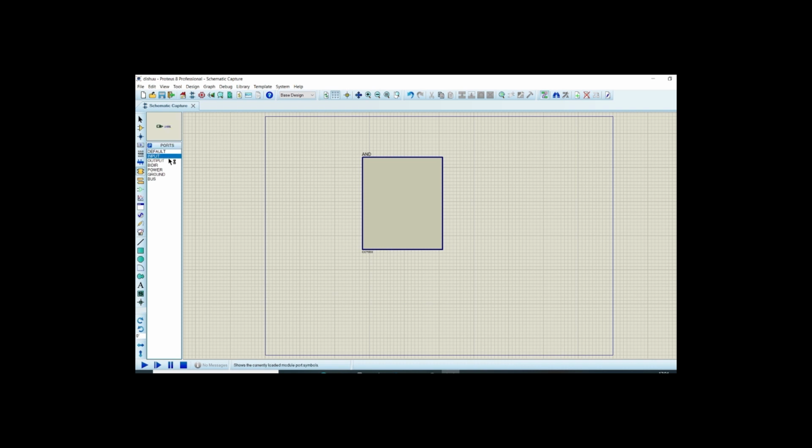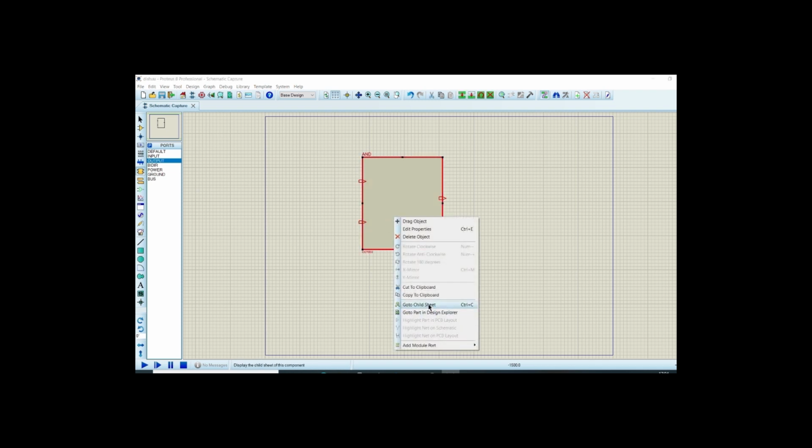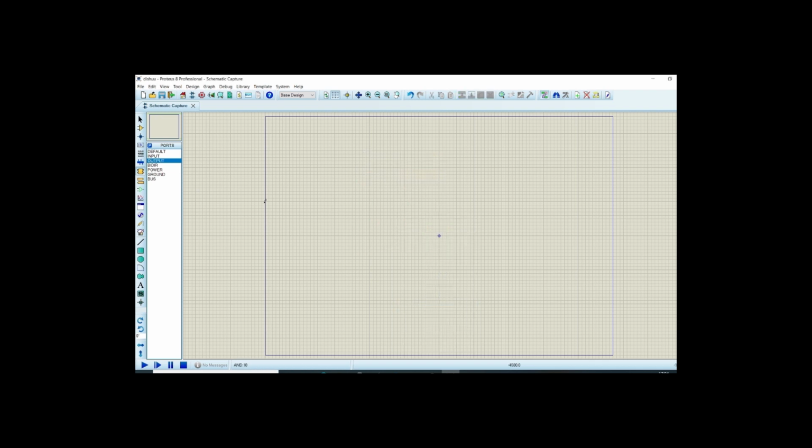So for that I am taking two inputs, because in this example I'll make an AND gate. I am taking one output here, and this is my input, this is my output. To make the internal circuit, I'll go to the child sheet. Here also I'll take two inputs. So go to the terminal mode and click on input, and here I am taking two inputs. Okay, this is my input and this is my output.